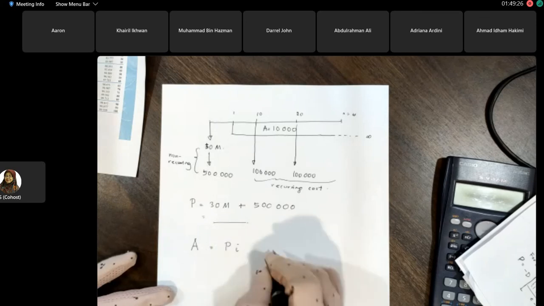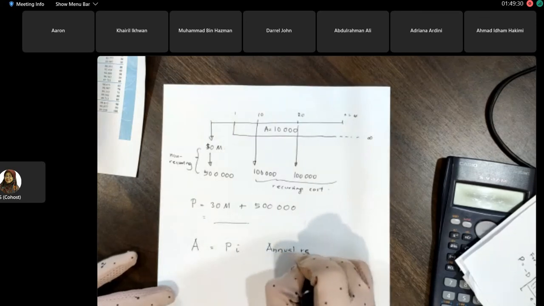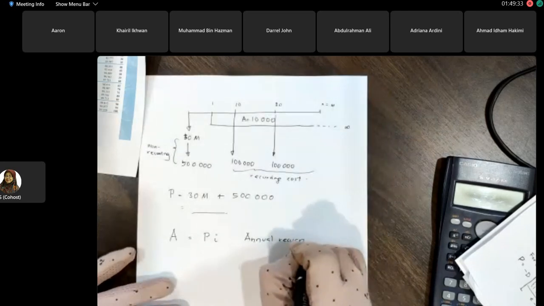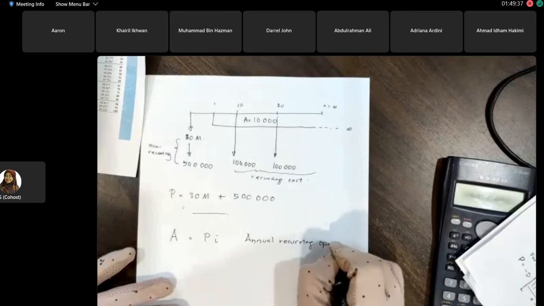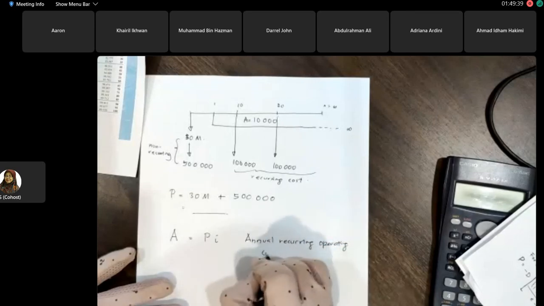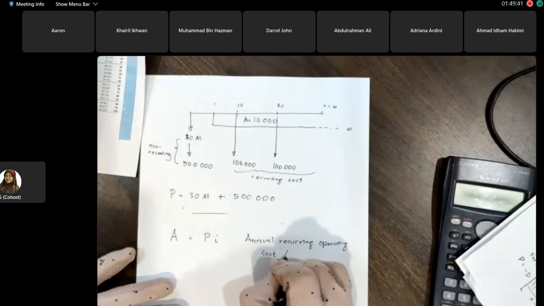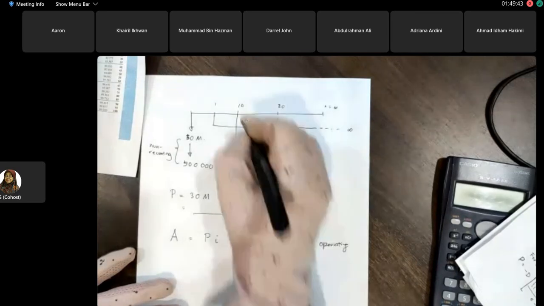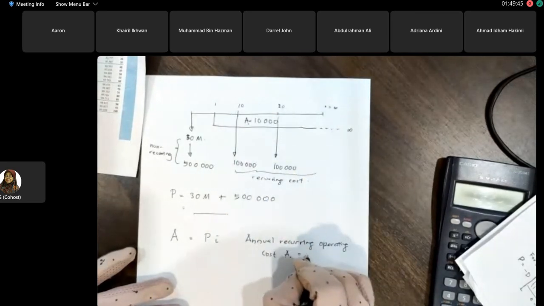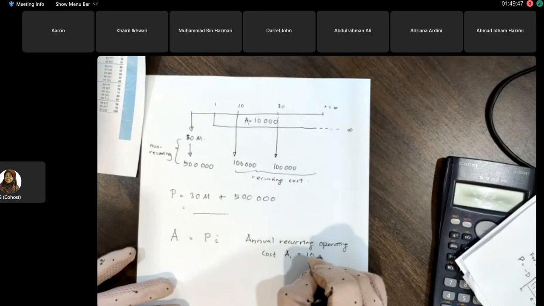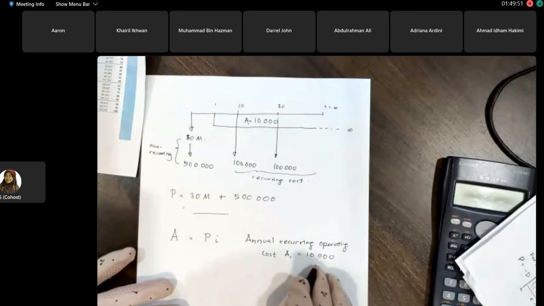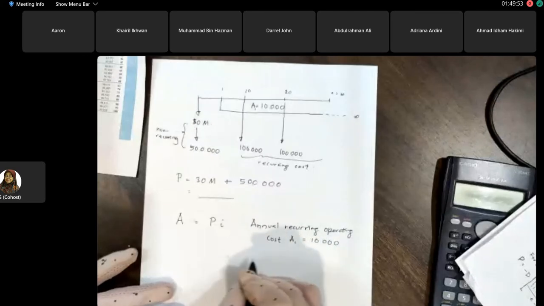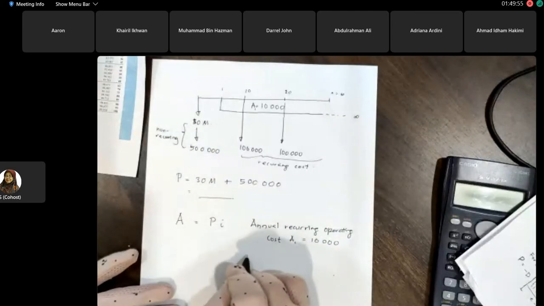Okay, for the annual recurring operating cost, which we call A1, this A1 is 10,000. So this one the cost is 10,000 ringgit, and then we also have the annual